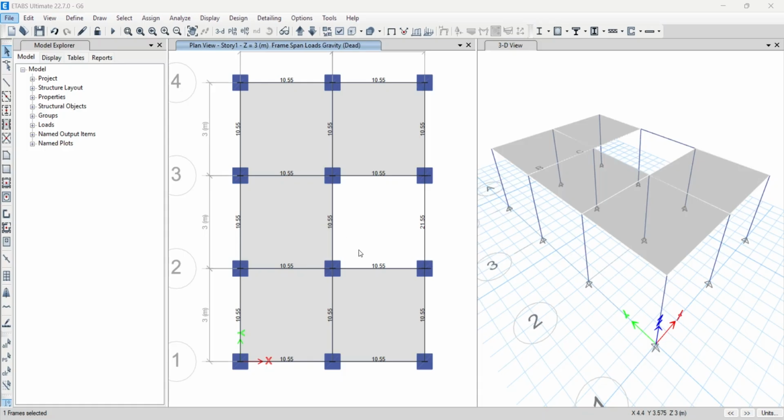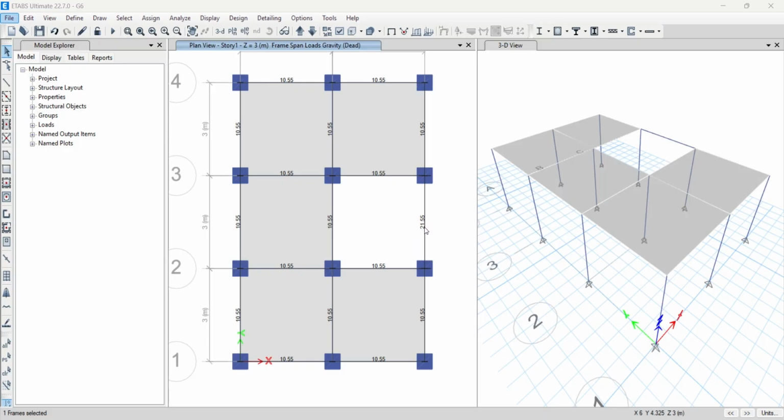But before that, there's a problem. In the past lecture we assigned the loads of the staircase on this landing beam, but there's a problem. This is not the landing of our staircase, because our staircase starts from here at 1.5 meter height. The loads on that staircase, but this is the plane beam of the ground floor,